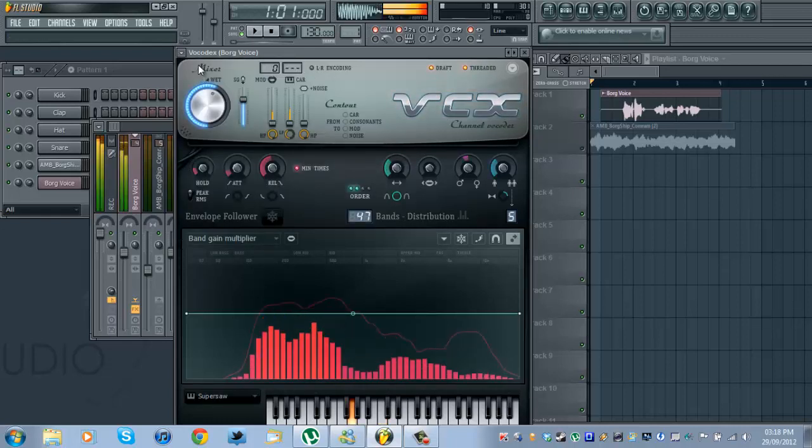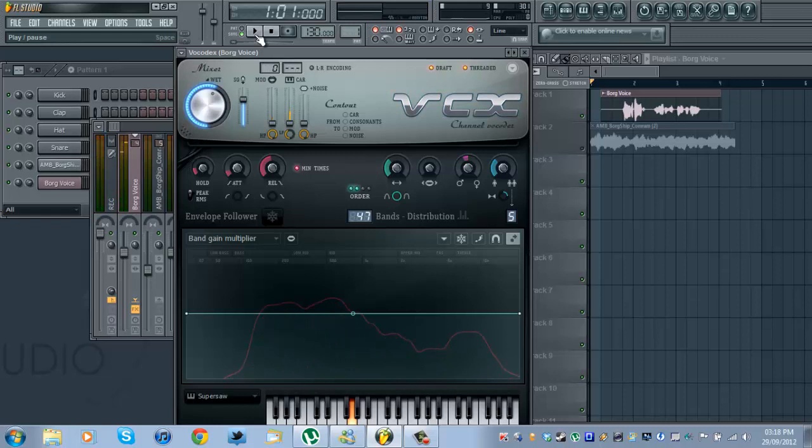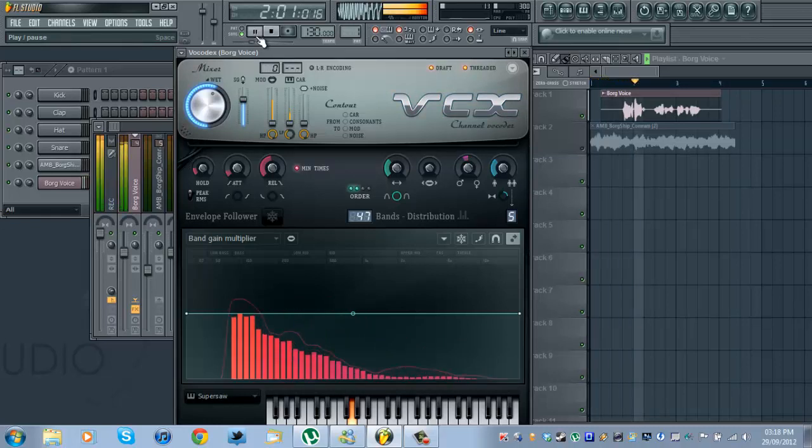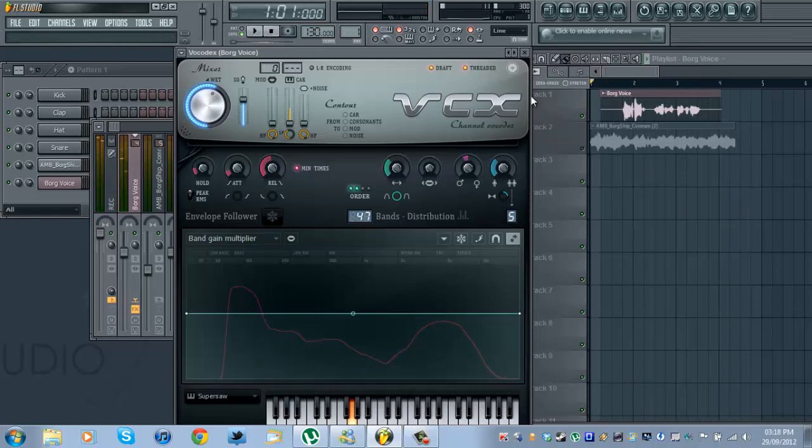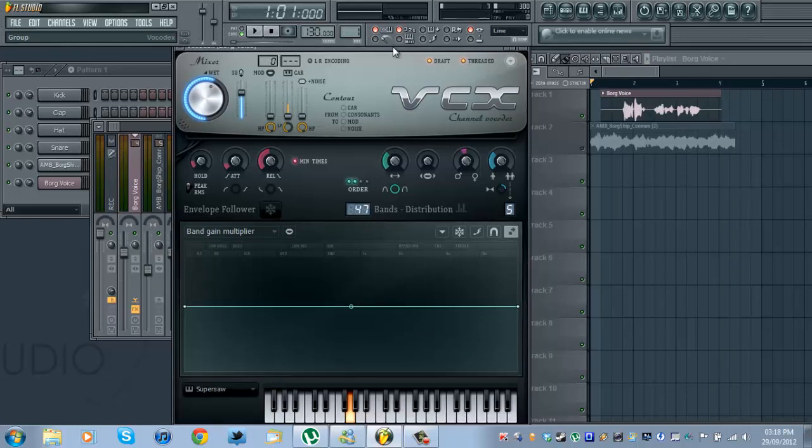Basically, all you need is immediate, and go down to group. Vocodex. And this is what it would sound like. Now, I admit that's not Borg, but we haven't finished it. Okay. Now, at the bottom, you have got a keypad, or keyboard,